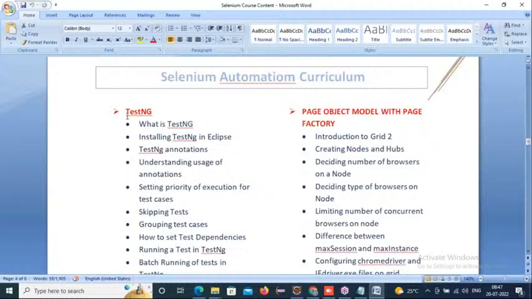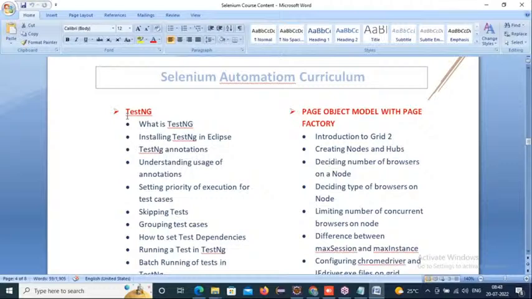Friends, Selenium itself doesn't have any built-in framework, whereas TestNG is one of the Java-defined frameworks. So using the TestNG framework, we are building our projects. In TestNG, mainly we use annotations: before annotations, after annotations, test annotations, listeners, data providers. We have so many annotations. Everything we build through annotations, we execute through annotations only. So here we'll see how to create TestNG classes, and what order annotations execute in